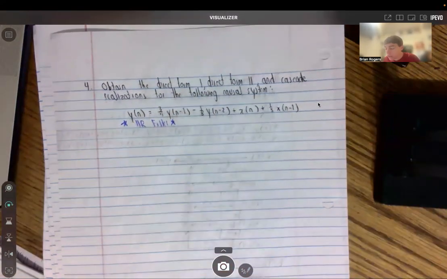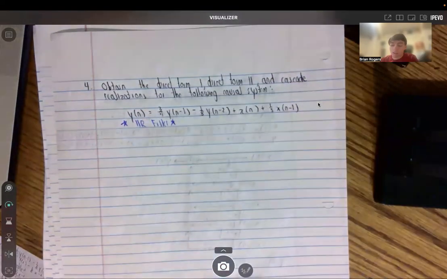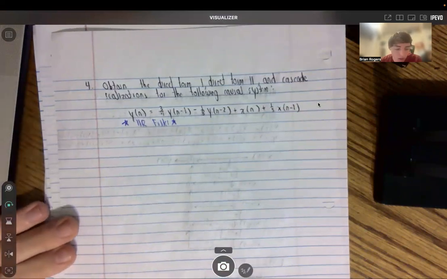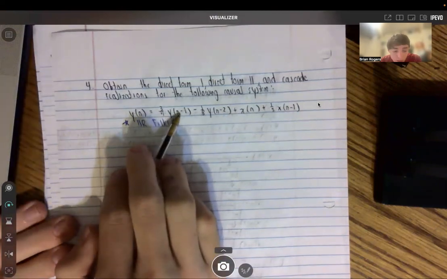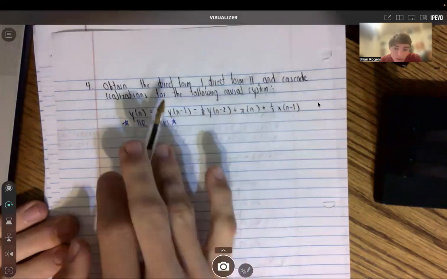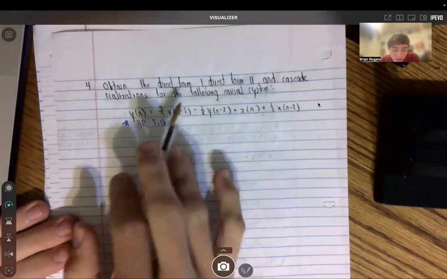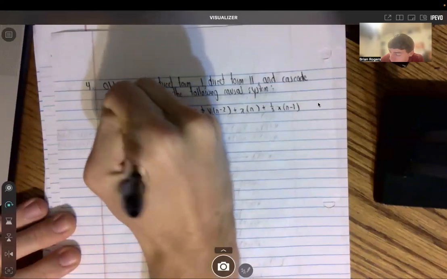And so for this one, in order to do direct form 1 and direct form 2, for direct form 1 we have it in the form y of n is equal to previous values of y of n, plus x of n and previous values of x of n. So it's in that format here, so we don't need to rewrite this equation. And so for direct form 1,